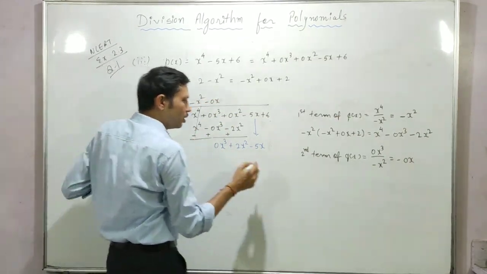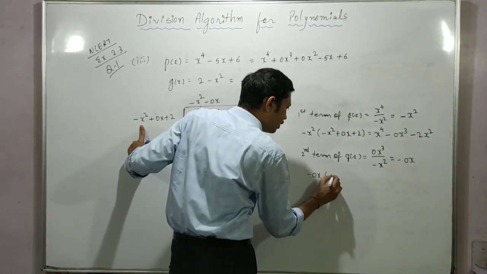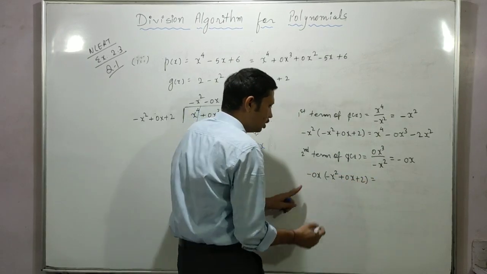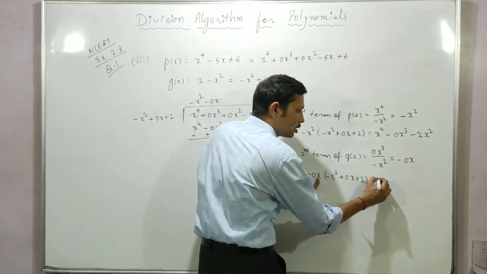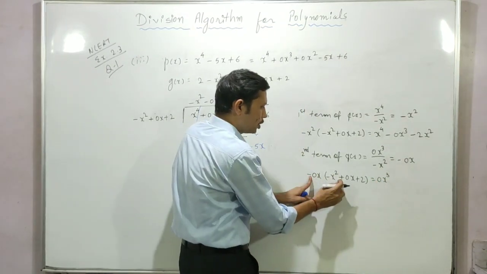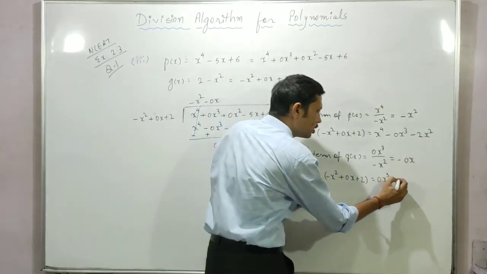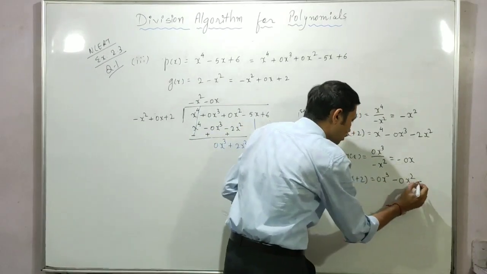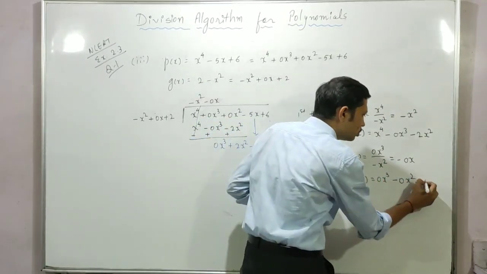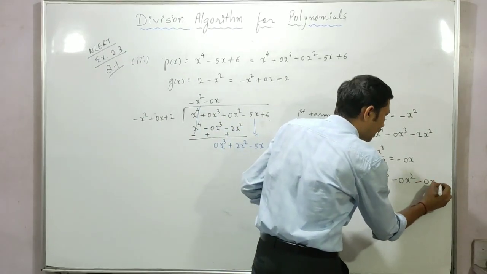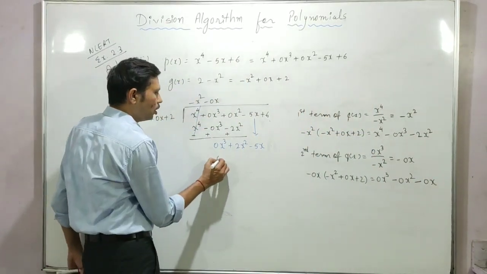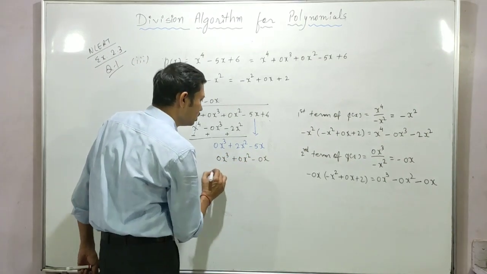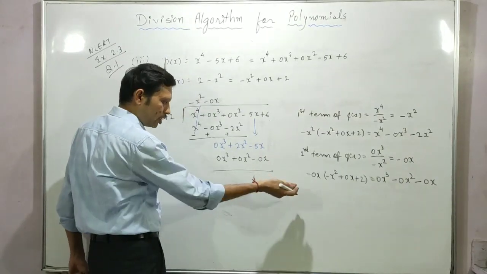So minus 0x multiply here, so minus 0x multiply with my divisor x square plus 0x plus 2. So what happened? Minus minus plus 0x multiply x, so 0x cube. Plus minus minus 0 multiply 0, 0x multiply with x square. Now minus plus minus 0 multiply 2, 0x multiply with constant x. Okay, so see, all the terms are 0. So that's why we didn't require to write down this calculation, but for understanding better, I am explaining.